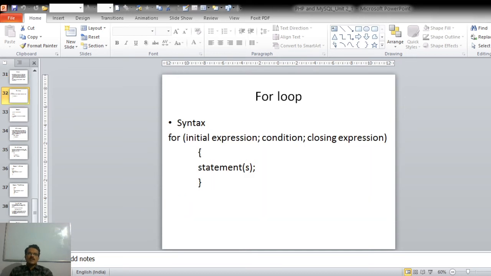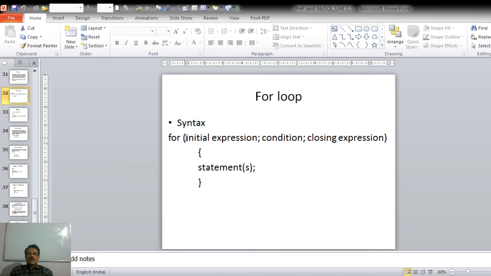First we will see how to write the for loop. The benefit of this for loop is that it reduces the lines of code, right? Because three statements can be written in a single statement. What are these three statements?